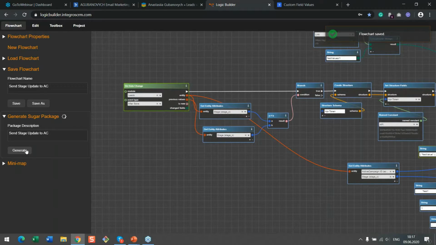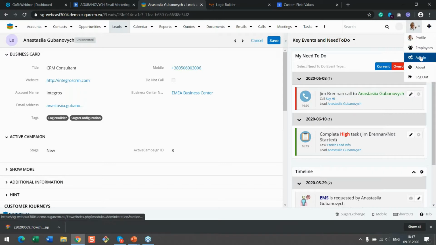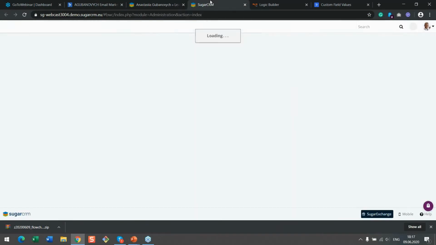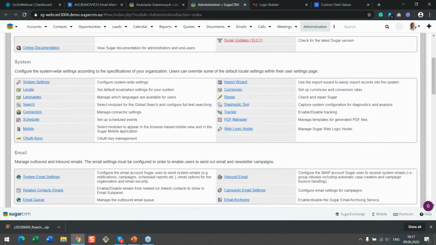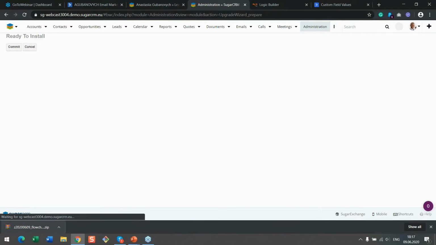For this, just click on the generate button, go to Sugar, and deploy this package like any other Sugar package through the admin section, module loader: upload, install, and commit. And while it's uploading, which takes a little time,